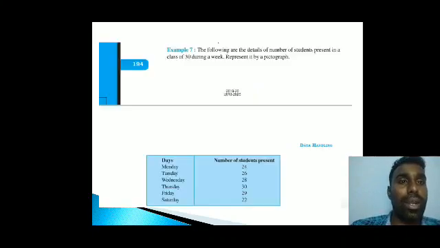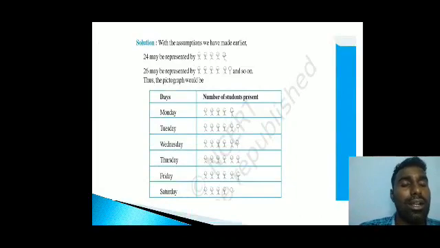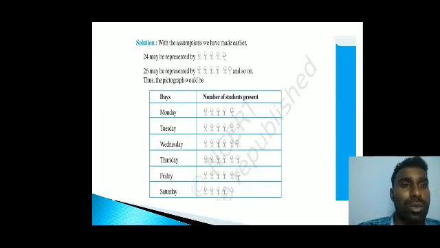On Wednesday, 28. So 5 fives are 25, and the last one is 3. So 3 means 2 hands and 1 straight body. Next, on Thursday, how much? 30. Thursday 30 means 6 complete figures, complete pictures, where one picture represents 5. If you look carefully, all those pictures have legs, body, and hands also.